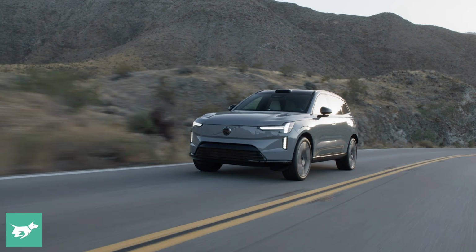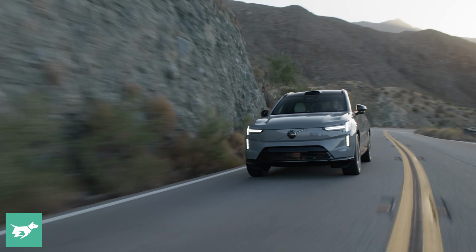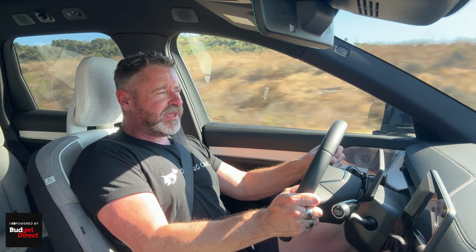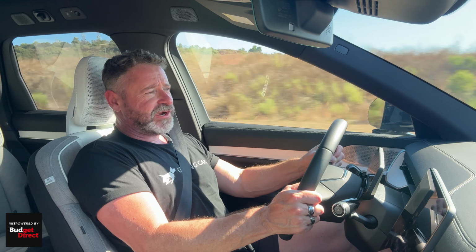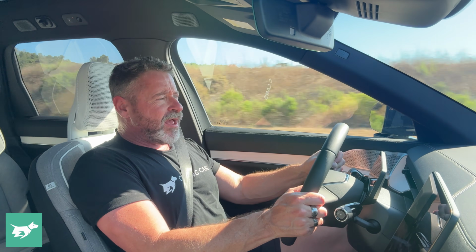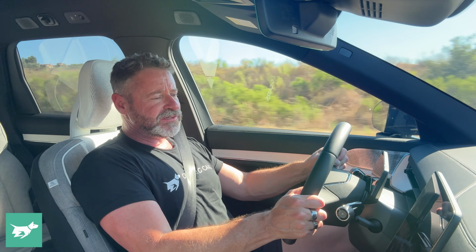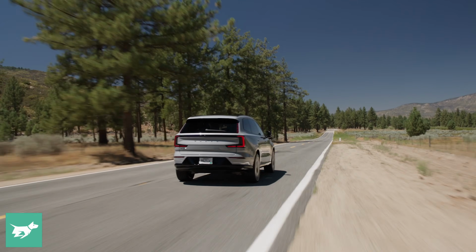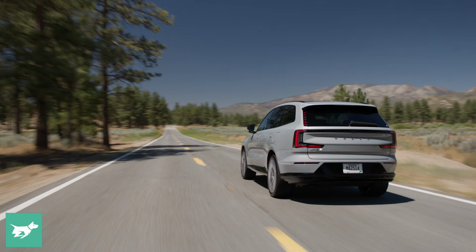Do I think the EX90 is as good or definitely a step beyond the XC90? I think in most areas, yes. I think dynamically, definitely, even though it weighs more than 2.5 tons. Whether it is a step up in terms of the whole interior finish and the feeling of luxury is up to personal opinion. I think the Polestars are a bit nicer inside, but then they do command a bit more